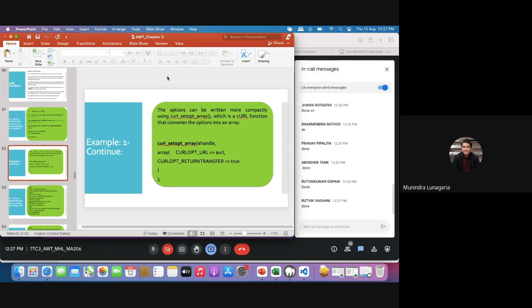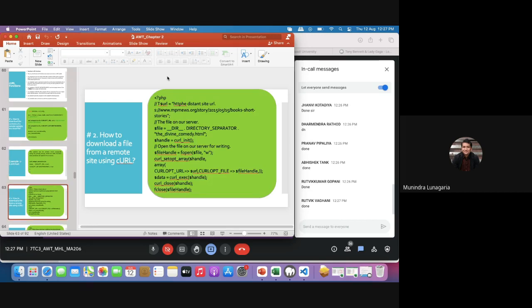So you can define it that way also if you want. Let's move to another example. The example shows how to download a file from a remote site using curl. Let's execute that example now.